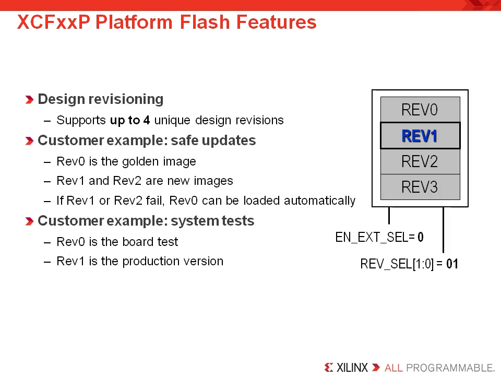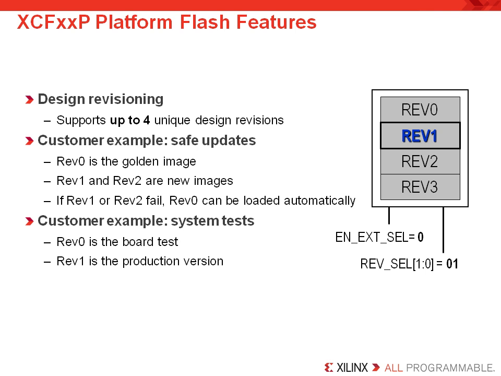The platform flash also has a design revision functionality that allows the user to select between 4 unique bit streams. This enables the user to program their FPGA from any of their design revisions. Now, this is especially useful for building testing systems in which the user plans to run a test of their system each time after power occurs, then reprogram the FPGA with a specific bit stream after the test is completed